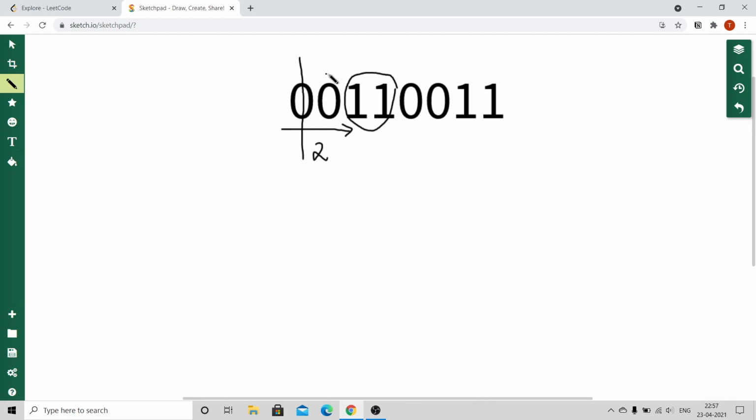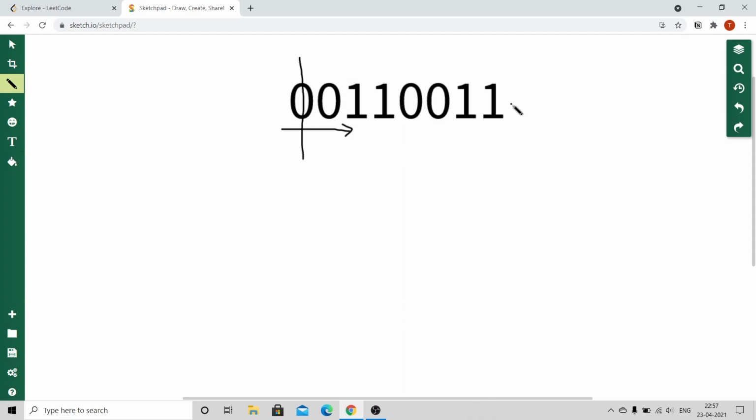Now if I increment the pointer and go to here, we have only one 0. Now I just have to take a look at the next element, which is by coincidence 1. So this is also a valid substring, and you can follow a similar approach until the last index and you will definitely get the correct answer. But when you try to submit the solution on LeetCode, you will get a time limit exceeded error. Try to write the code down and see why it got a time limit exceeded error.